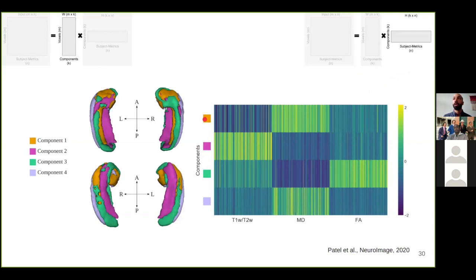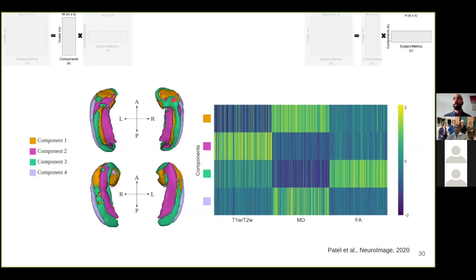So if we look at the orange, that's component number 1, we can see where it is in the figure on the left, and we can use the weight matrix to see that on average across all subjects, mean diffusivity is being preferentially added here in comparison to T1 over T2 or FA. So we can say at the group level, MD is higher than T1 over T2 or FA